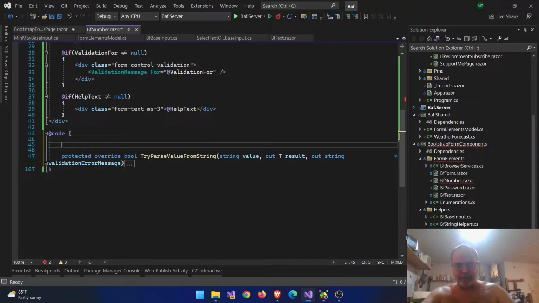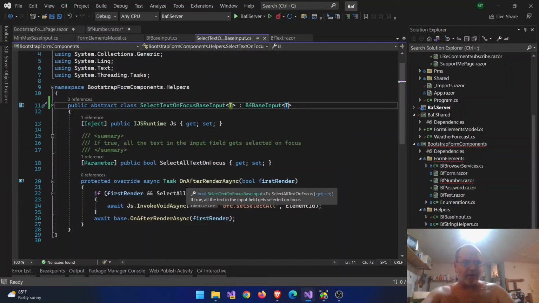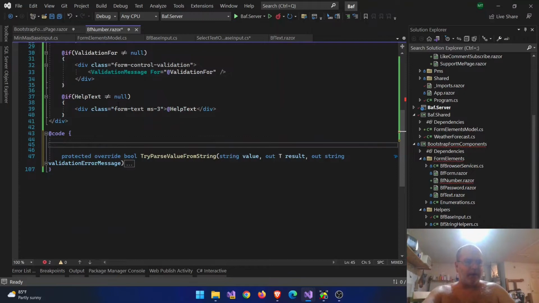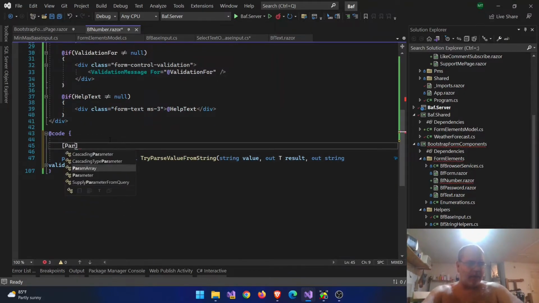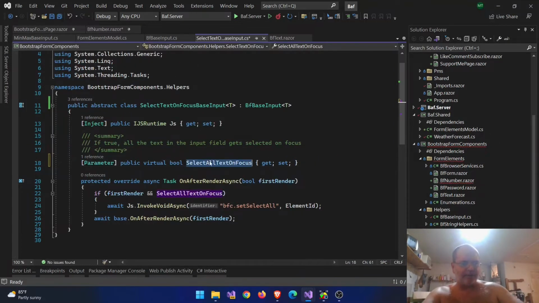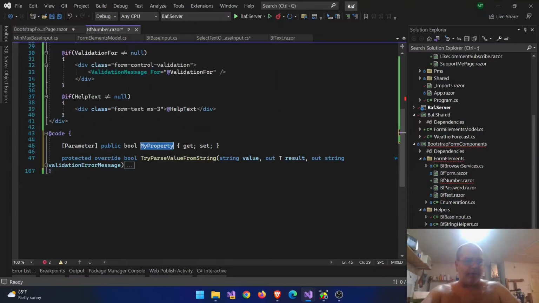Let's see. Select all text on focus. I'm going to override this. So I'll make that virtual. And parameter prop bool. IntelliSense. Come on, baby. That's not IntelliSense. That's code snippets. Bool. What do I call it on here? Override. And we'll